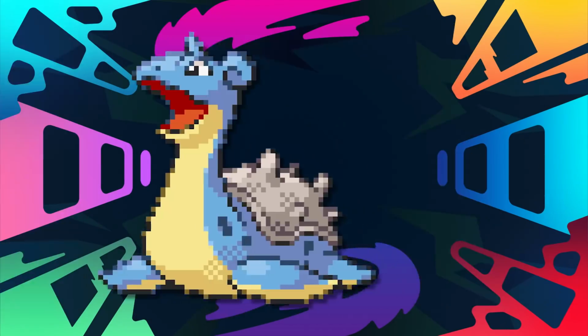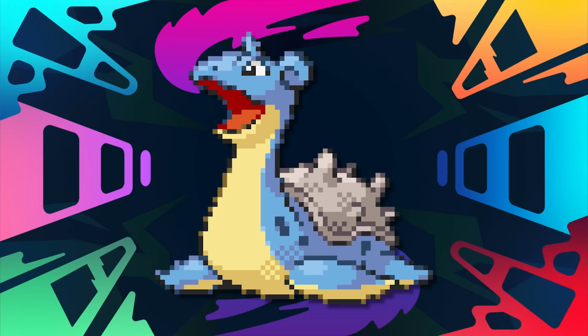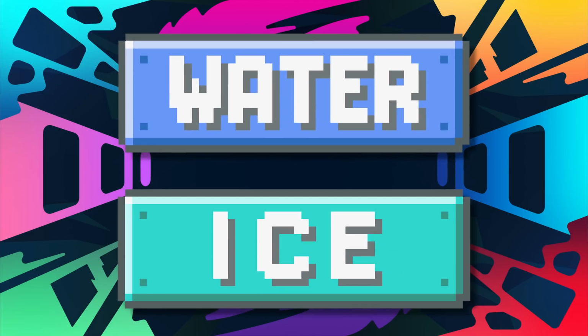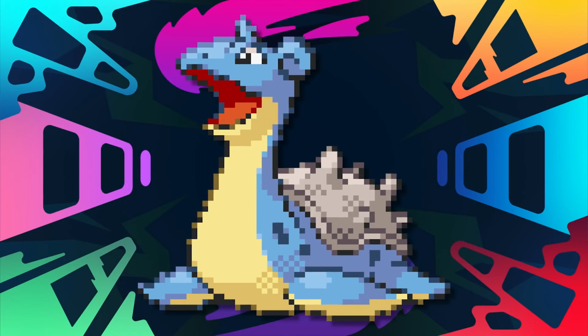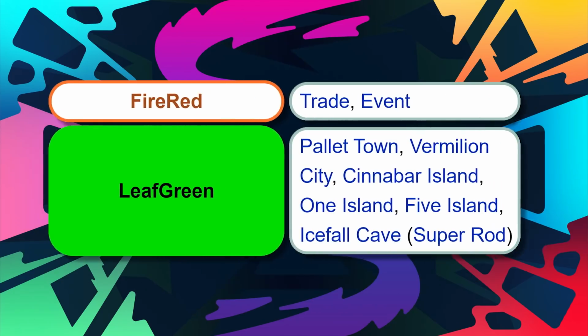So in Fire Red, I think the best water type to use is Lapras, much like with Gold, Silver, and Crystal. It's got a lot of great qualities, and really can get tons out of its water and ice type STAB, as well as a few coverage moves. Honestly, it would probably be the top option for both games, if not for the fact that Starmie is available